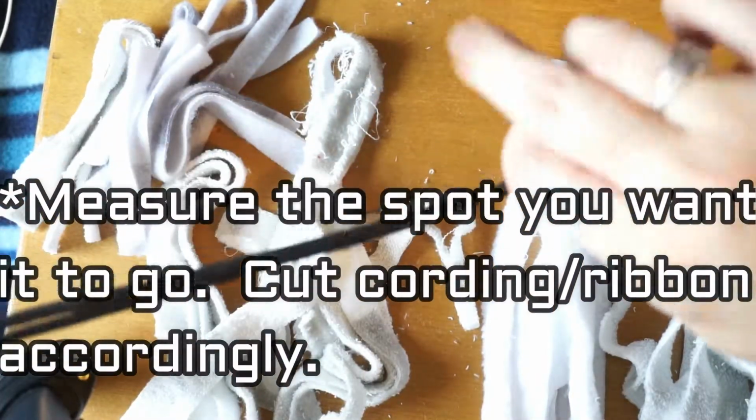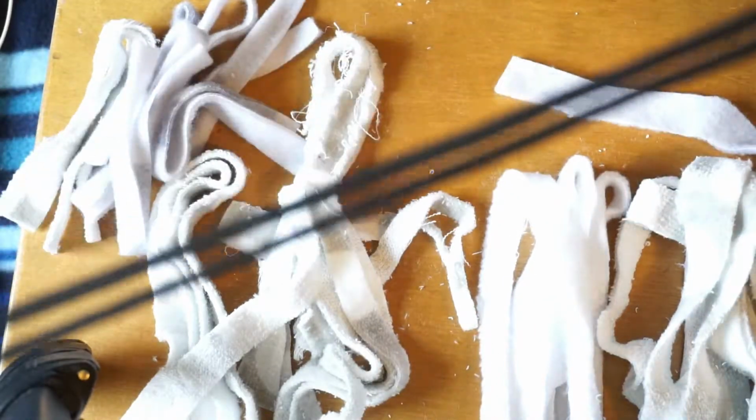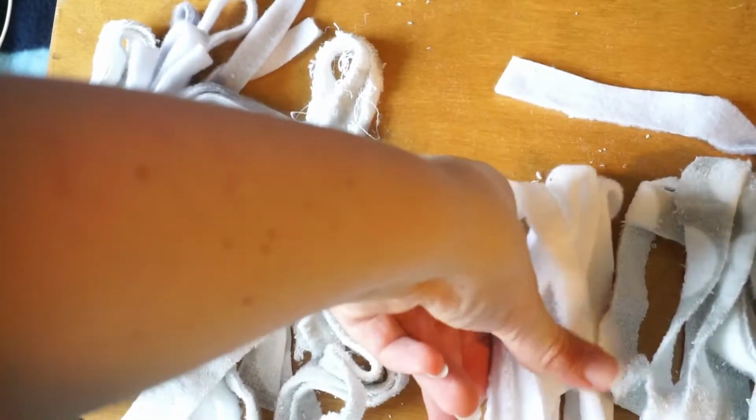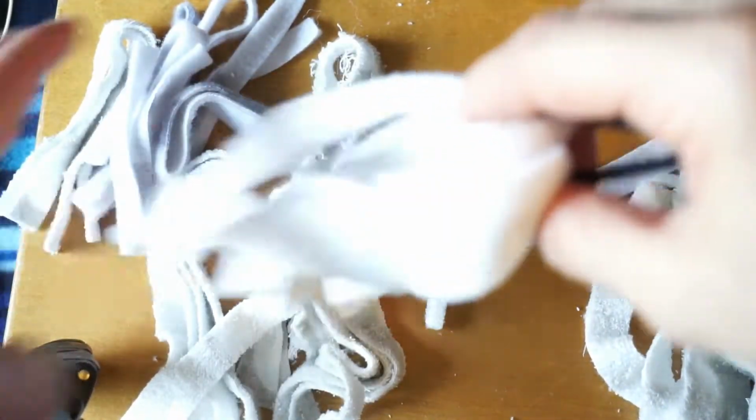So you have the cord that they're going on, and you find the middle. So for our middle piece, it's going to be the long strands like these. Put them together however you want to, and then you fold the strands you're working with in half, and we're